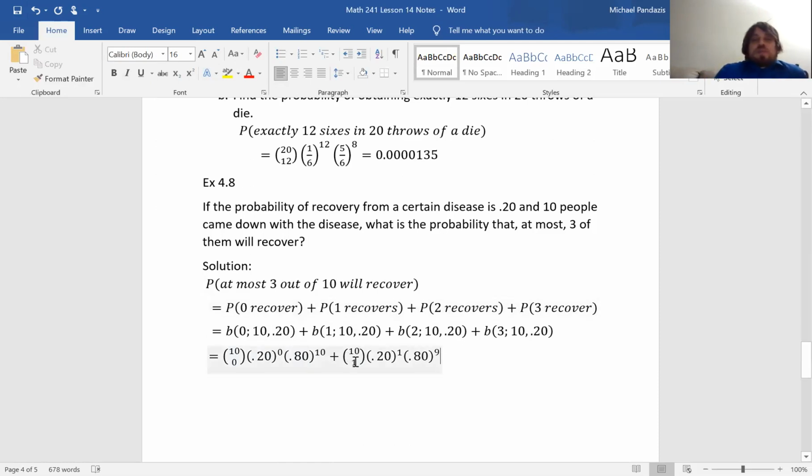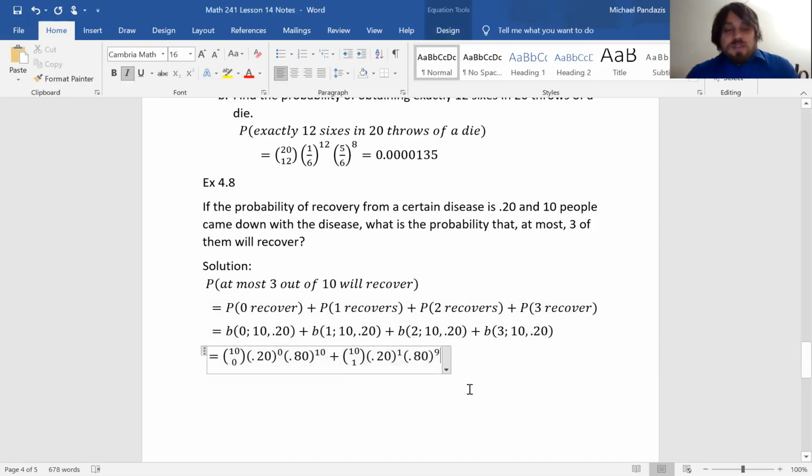You choose 1 out of the 10 trials to be successes. The probability of recovery is 0.20, the probability of not recovering is 0.80, and so that's that. So this is a pretty terrible disease. Plus,